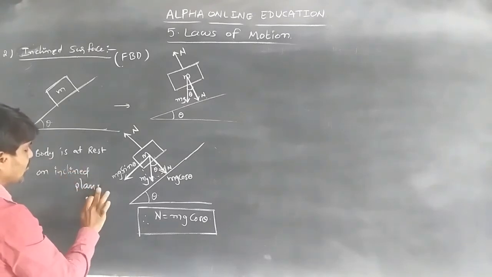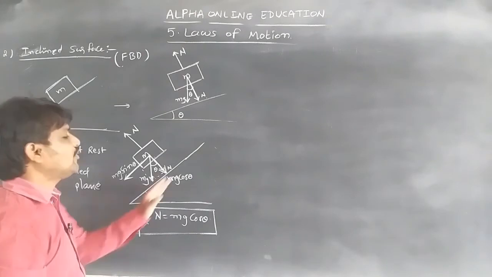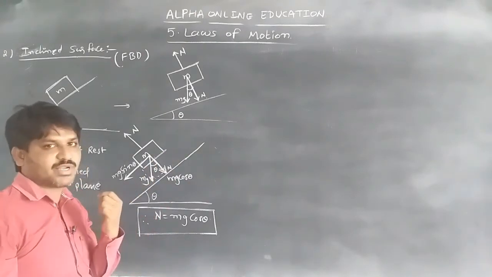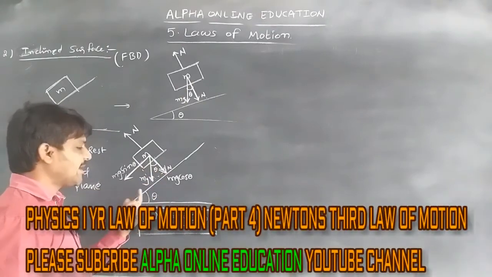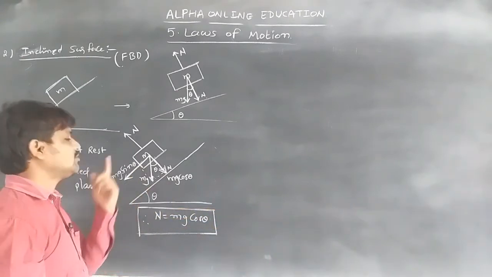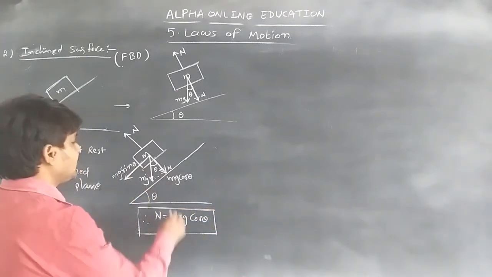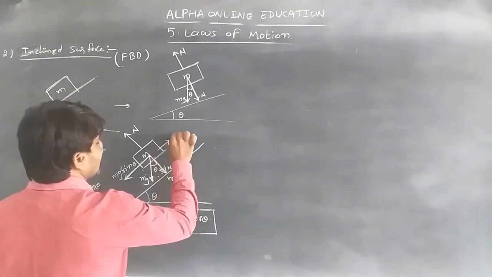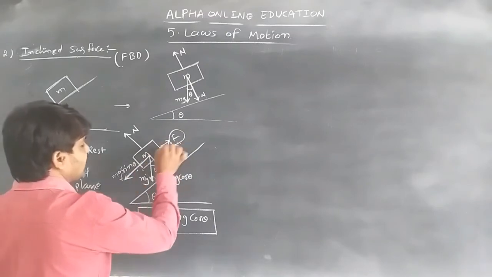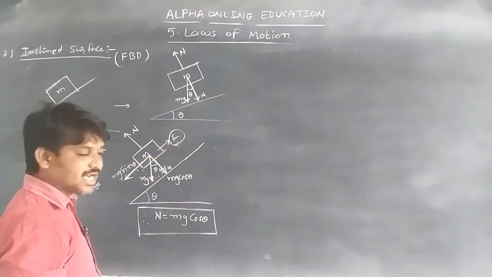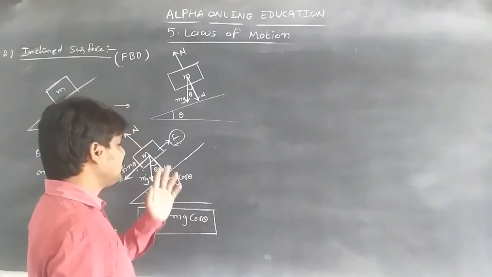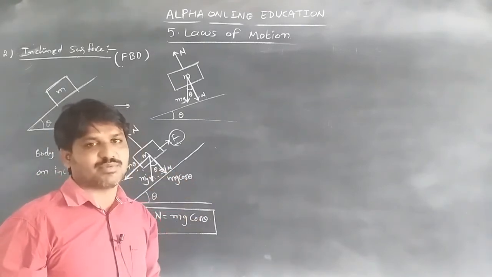If the body is moving upwards on the inclined plane, or if the body is sliding down the inclined plane, then the value N is equal to mg is added to that formula. If a force is acting on that body, F will become F is equal to mg sin theta, and equal amounts of forces are acting on that body. In further concepts we will discuss deeply what forces are acting on the inclined plane or the inclined body.